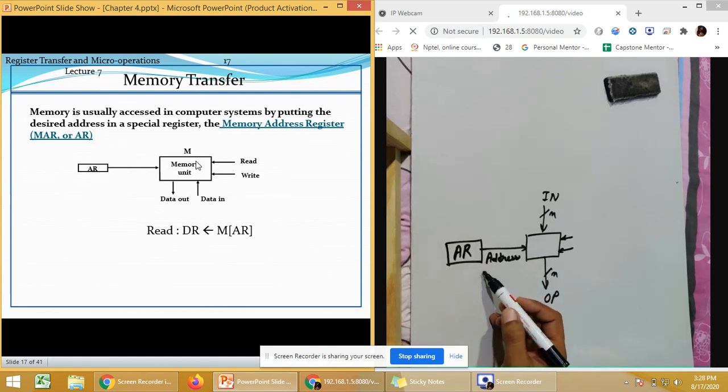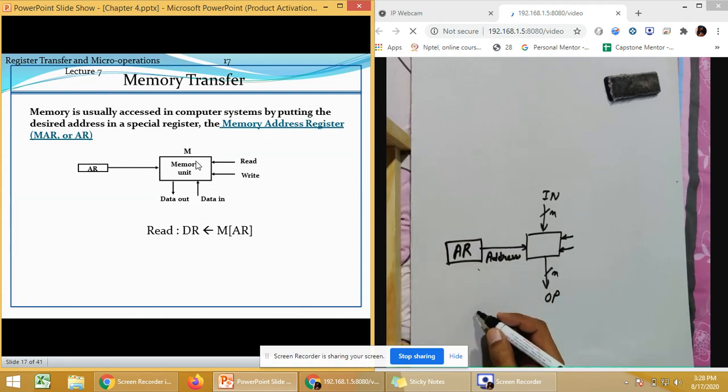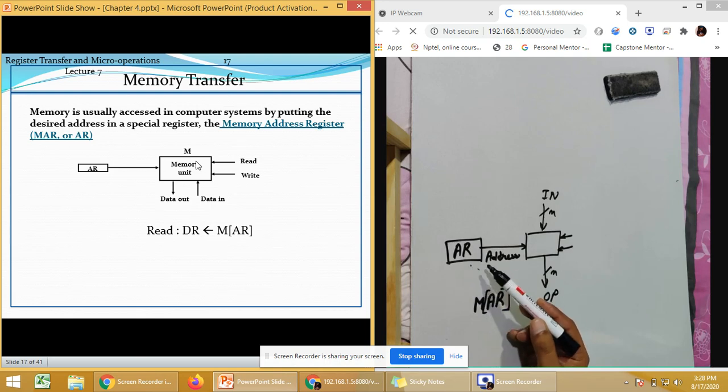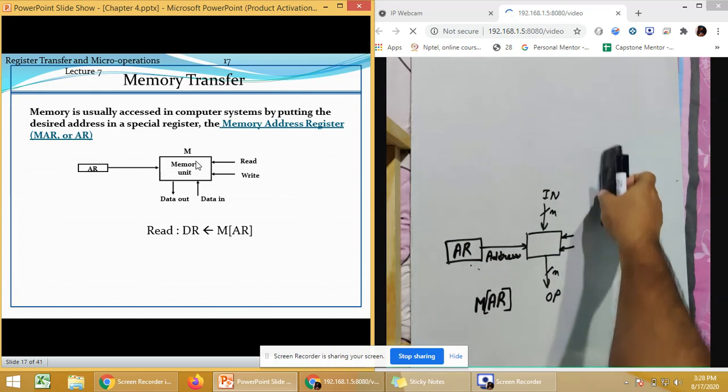Okay, now AR is also a register, which is known as the address register. Whenever we refer to memory, I think we discussed this earlier as well, it is referred to as MAR, out of which M is memory and AR is the address register, which is at this location. Now we will talk about how these functions are performed.